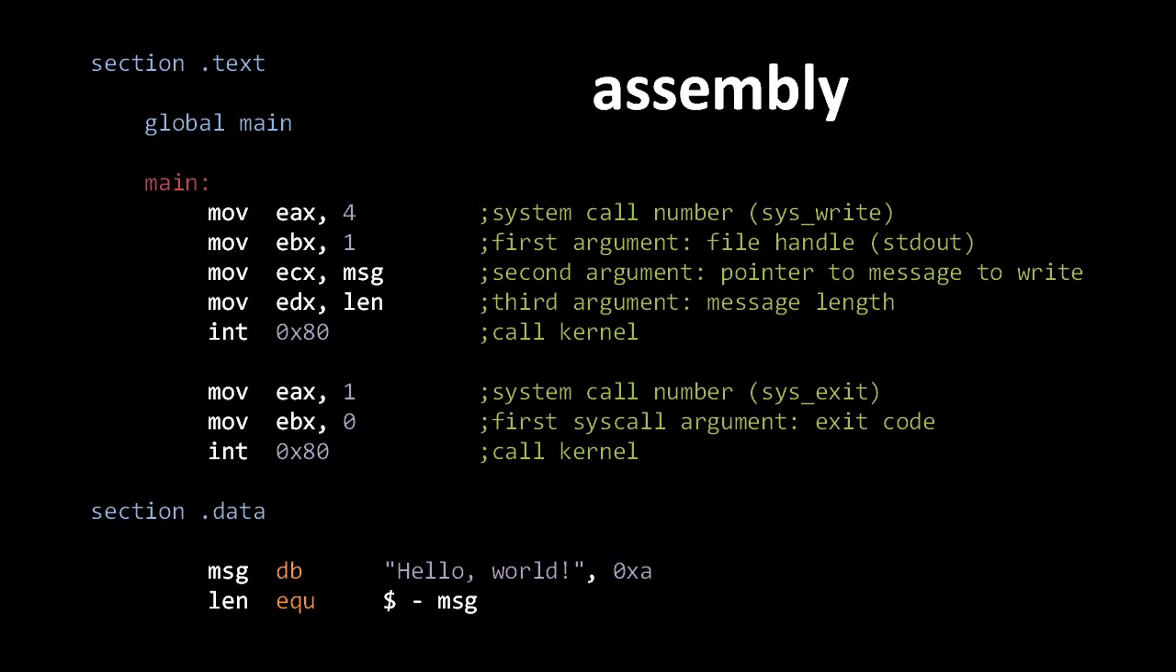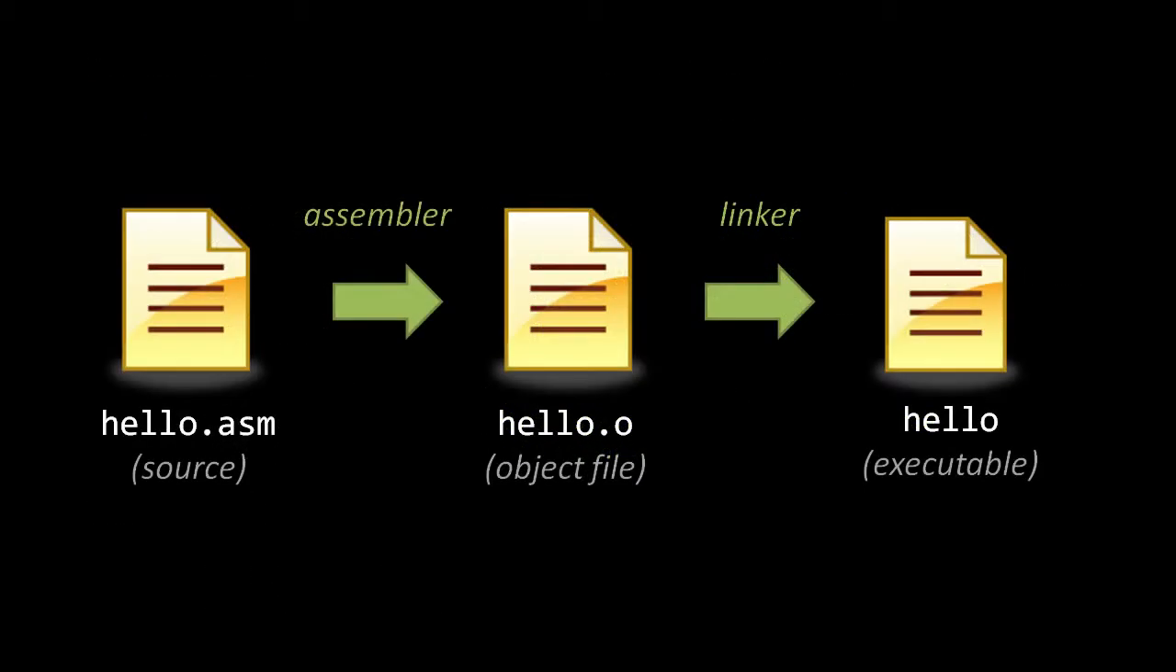Code written for the Microsoft assembler won't be understood by other x86 assemblers. So, assembly code is not only processor and OS specific, it's also assembler specific. In any case, let's say our source code is written in a file called hello.asm. When we run this file through the assembler, what we get out is not an executable file, but rather what's